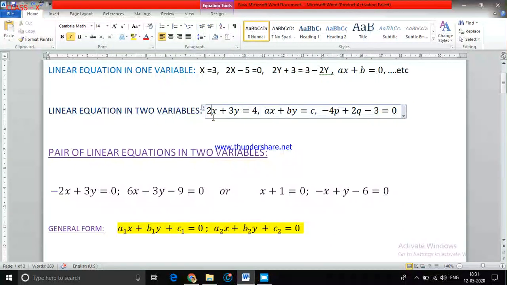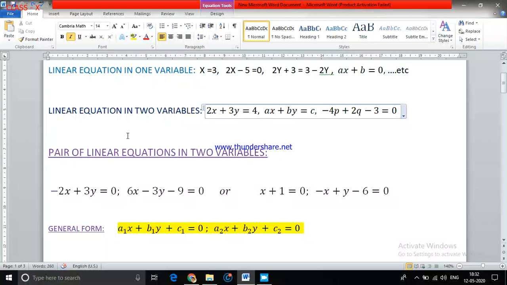If I substitute x equals to minus 1 here, this will be minus 2. And if I substitute y equals to 2, 2 threes are 6. So minus 2 plus 6 will be 4. That is one of the solutions. So like that you can find an infinite number of solutions by trial and error method. We take different x values, we substitute, and we get the different y values. Okay, so there are infinite solutions, and we know the linear equation in two variables will always give you a straight line to represent on the graph.